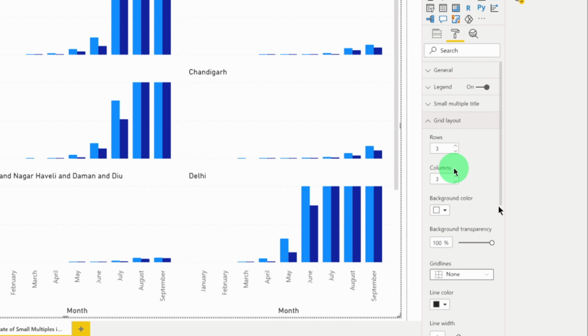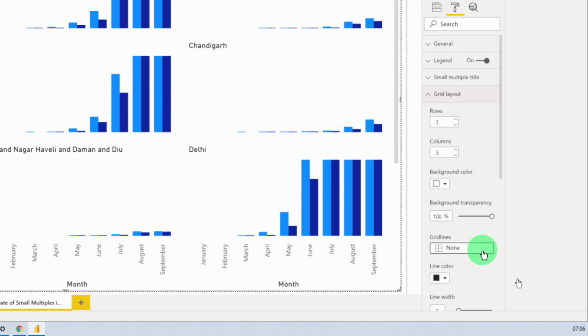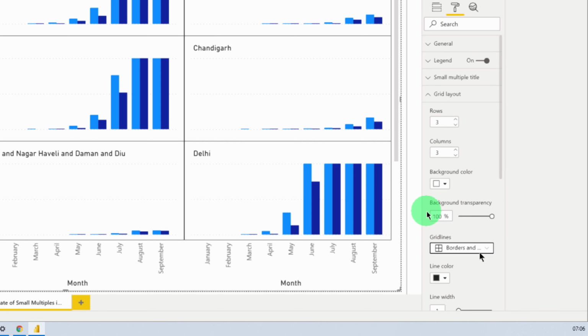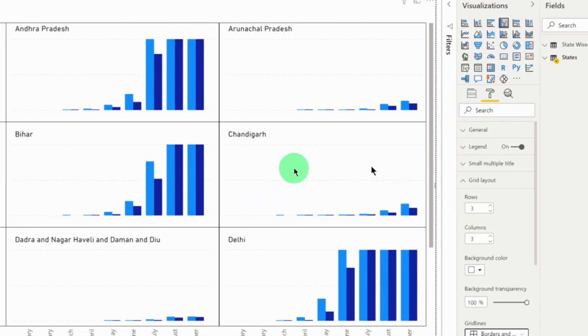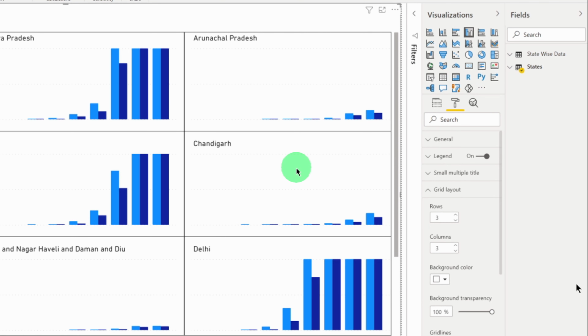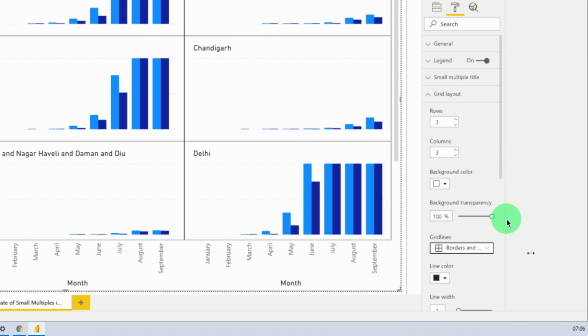Here we have different options. First is grid line. In grid line we have 5 different options available. Let's say if you want to apply a full border and grid line, just select this option. So here you can see that it is adding the grid line like this and the visual will look like this, right? Similarly, based on your requirement and convenience, you can select other options as well, like vertical grid line, horizontal grid line and all grid lines, right?